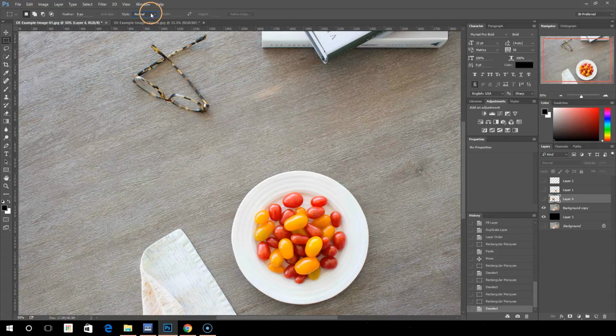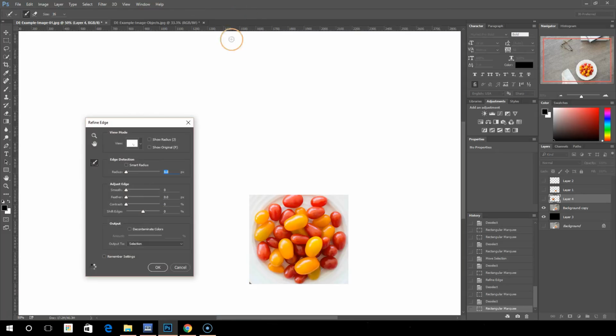Back to normal. The last option that we have is refine edge. Refine edge is a complex and powerful tool, and it's really going to need a lesson of its own. So I will do that, but for now I'll show you just what it does, kind of from a basic